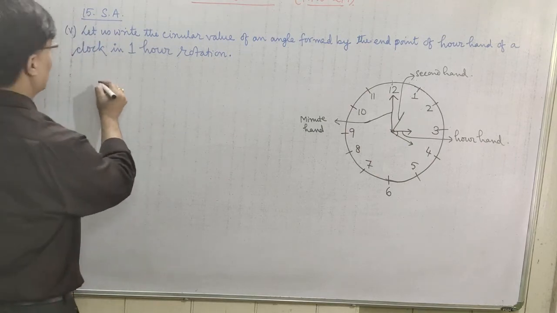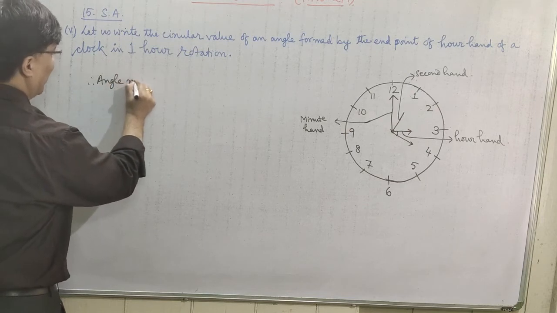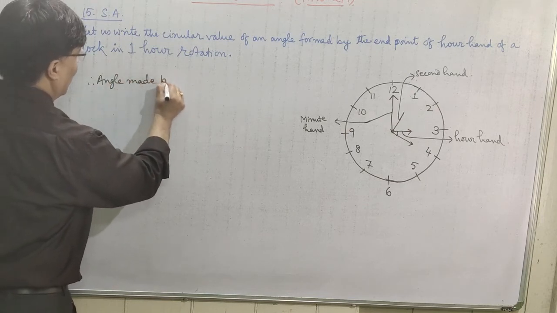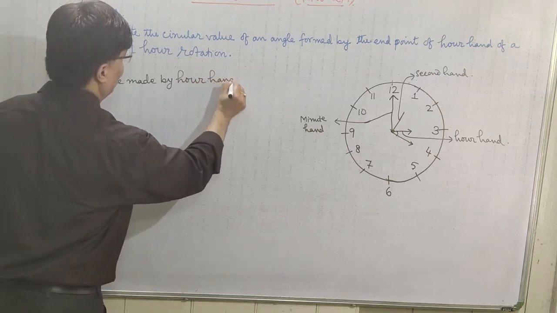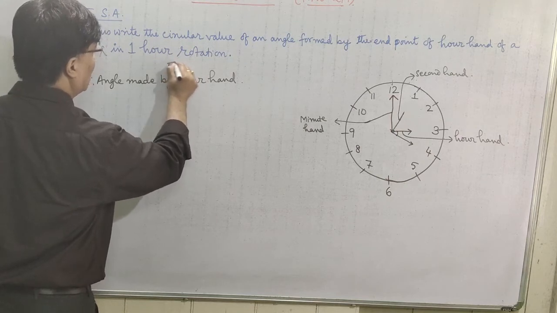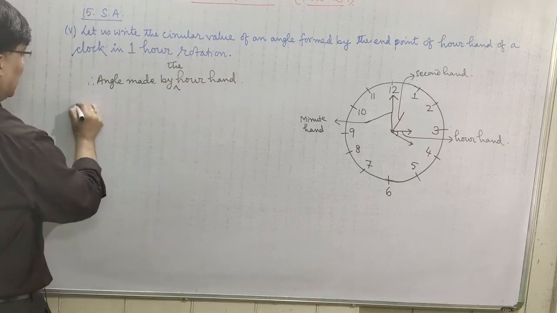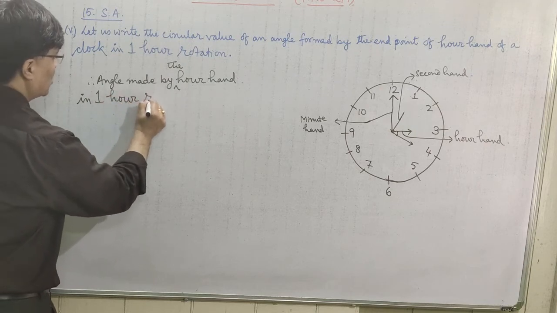So in this case you can write here: therefore, the angle made by the hour hand in 1 hour rotation